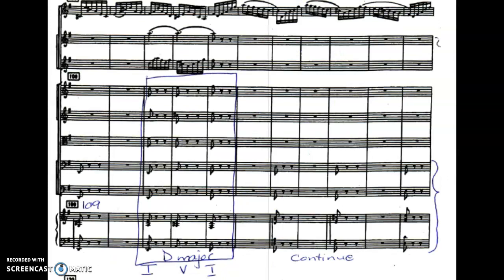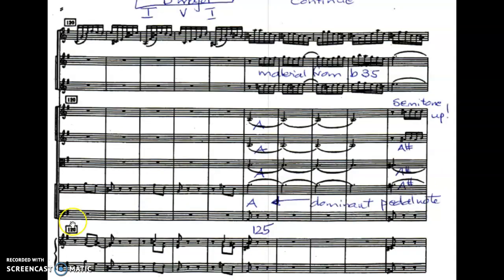And then the last block with the interjection is in bar 111. That's still in D major. Okay, and from there we have that monophonic texture again with the solo violinist and the continuo players every second bar. That carries on until I reach bar 125, and now the recorders play material from bar 35